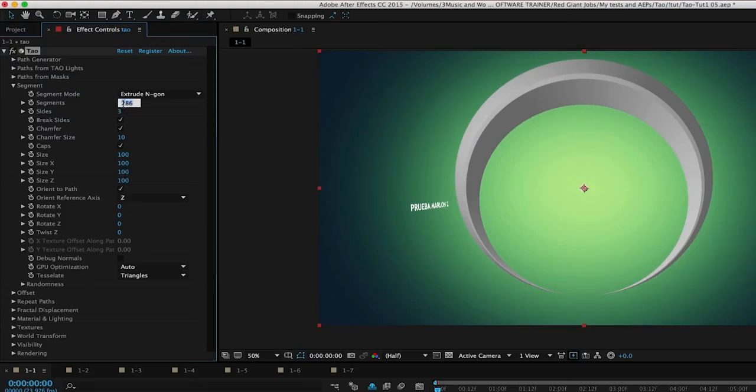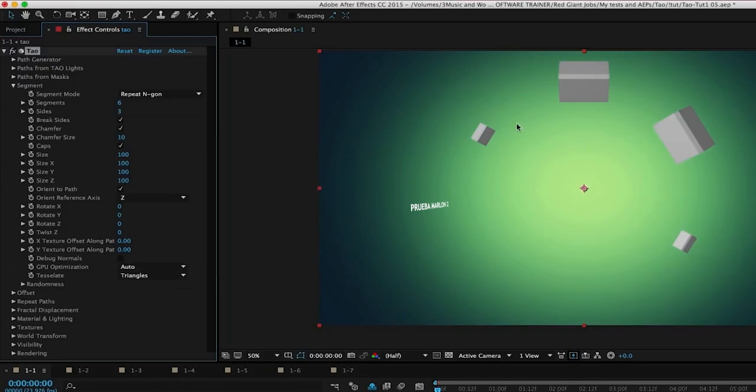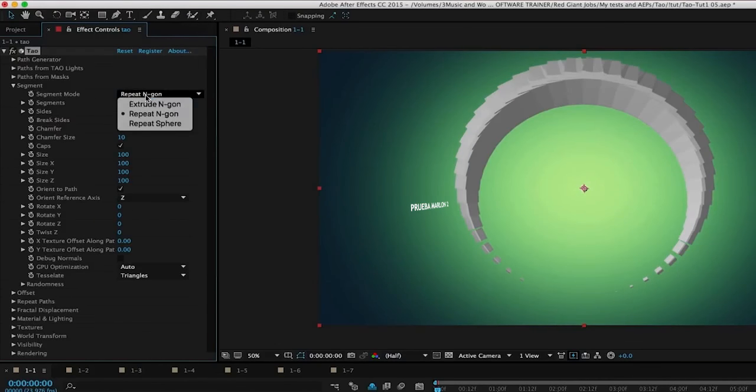Now I'll take this back down to something like 6 or something small. Another option we have instead of extrude n-gon is to repeat n-gon. This kind of puts a break in the path and just uses these different chunks of geometry, and we can control the chunks with the segments parameter now. So when it's set to extrude, segments controls the path, and then now under repeat, it controls the pieces of geometry. So as we increase this, we now have separate pieces of geometry, which gives us a very different look. Again, here's extrude, and here's repeat. Another repeat option, instead of just repeating n-gons, we can